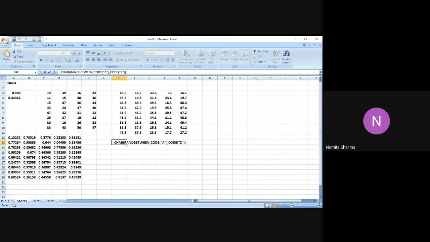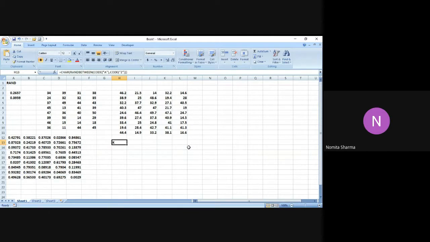Let me check my function one more time. I have CHAR, RANDBETWEEN bracket, CODE, within this in quotes a, comma, CODE, again in double quotes z, and then I've closed the bracket. Let me check whether I have put the closing brackets: one for the CODE, one for RANDBETWEEN, and I need to put one more for the CHAR.